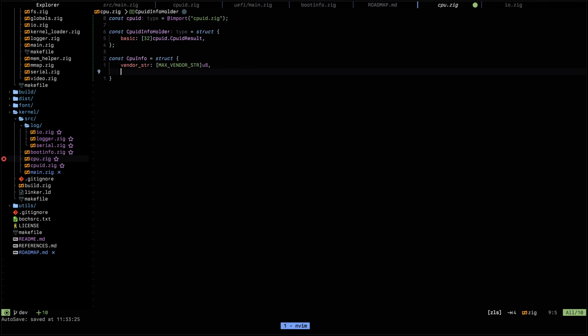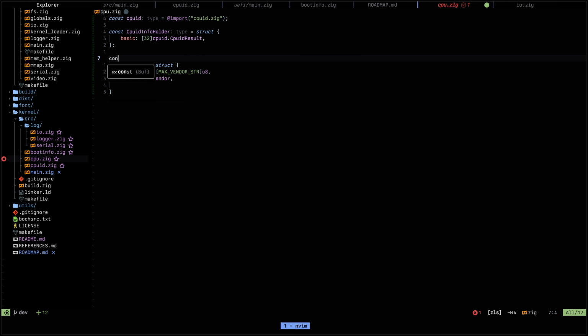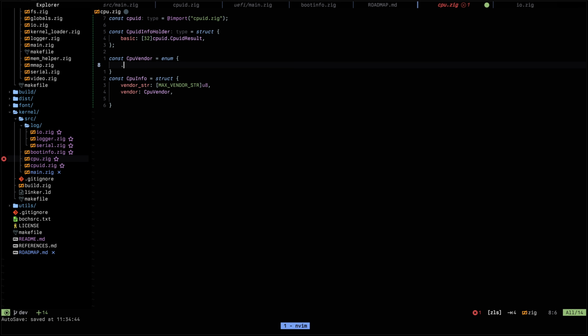I also want to have a vendor enum, which would be CPU vendor. This would be an enum. Let me create this here. So CPU vendor is an enum, and this will be something like